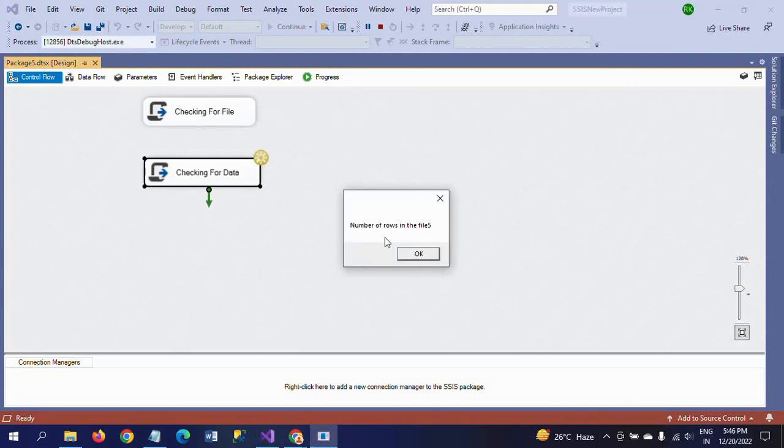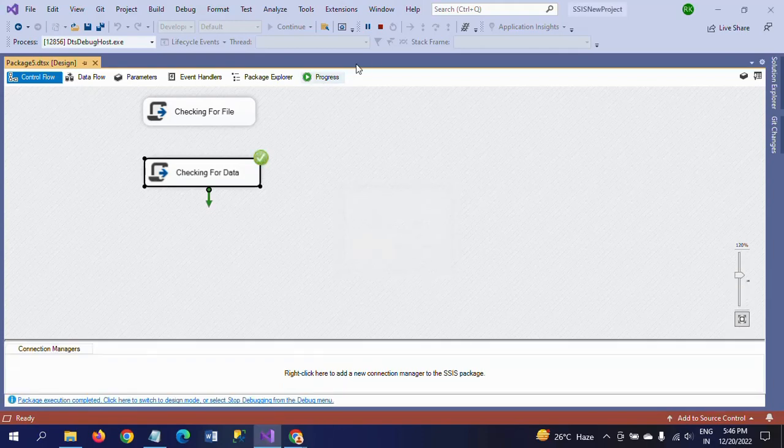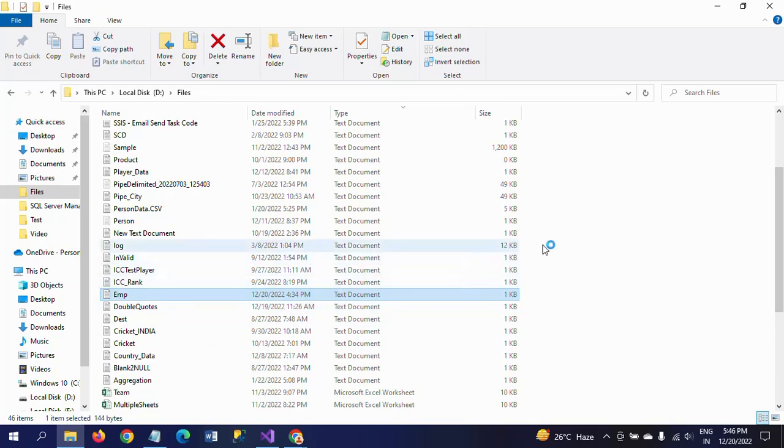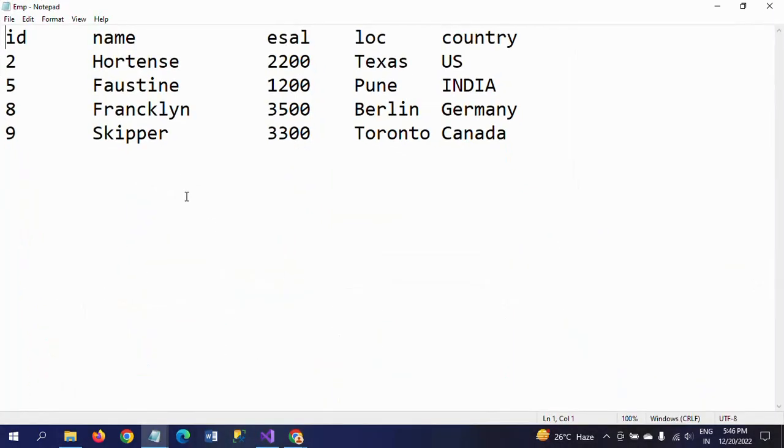So see here, currently the number of lines in the file is 5. Actually, in the file, including the header column, it will show 5 lines. I am adding one more line here, 10, some name here. The salary I am taking is 5000, and this is Delhi, and the country I am taking is India,